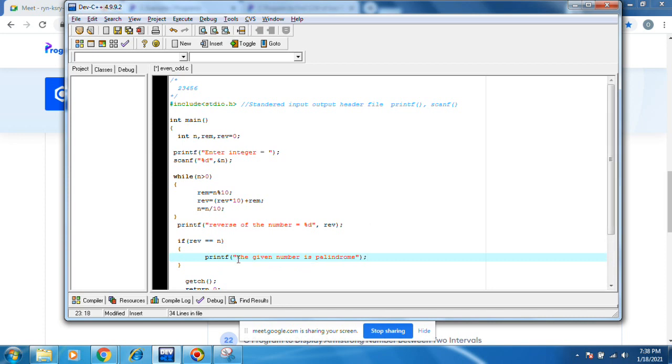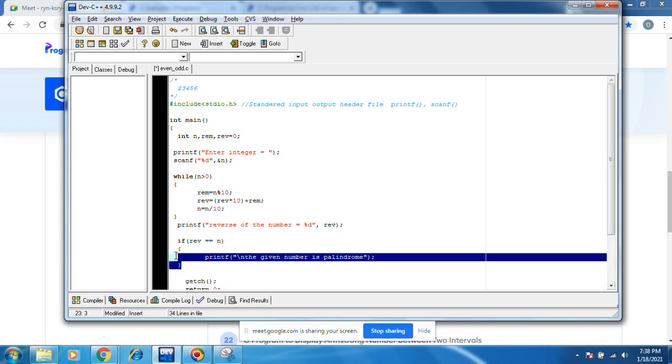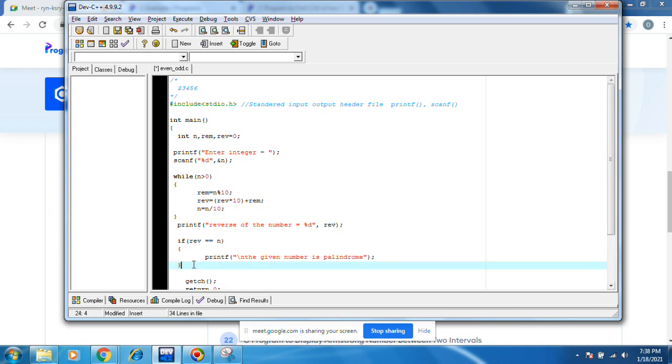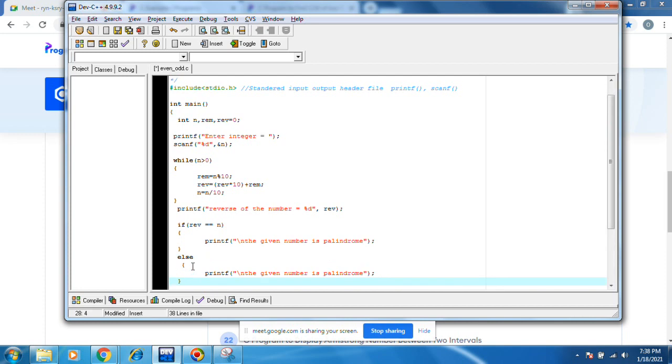That's it, simple. Else the given number is not palindrome. Simple. This is the thing.